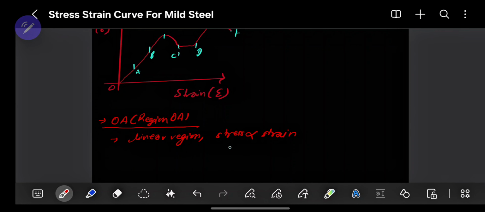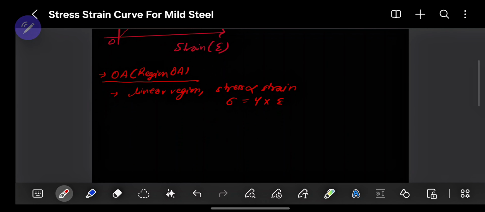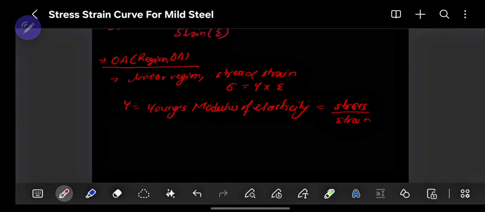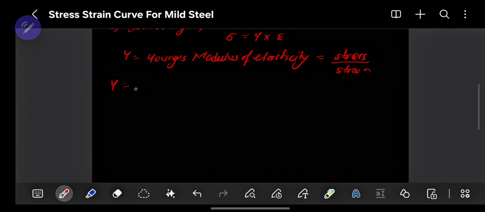We can also write this as stress equals E into strain, where E signifies Young's modulus of elasticity. So this is equal to stress by strain, and more precisely linear stress by linear strain,